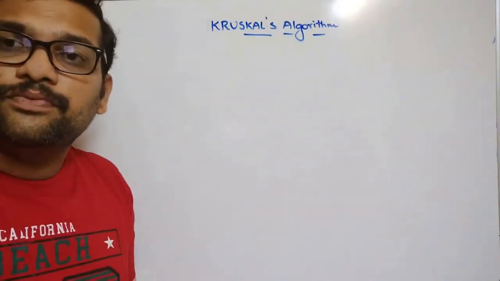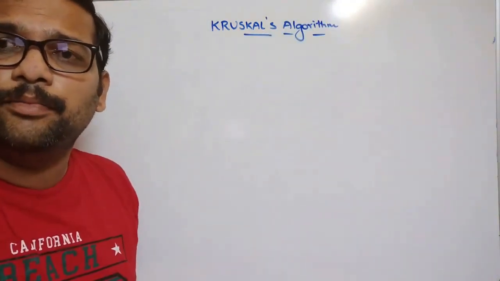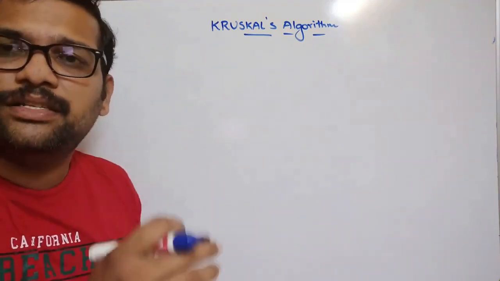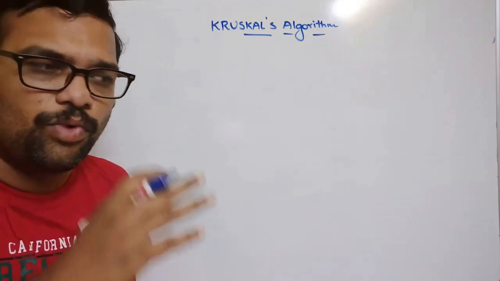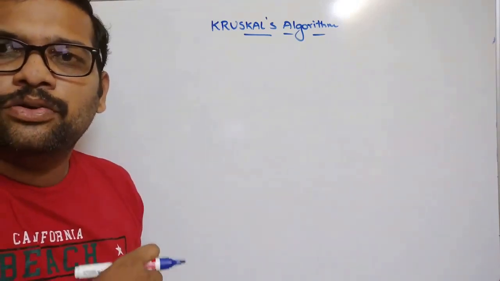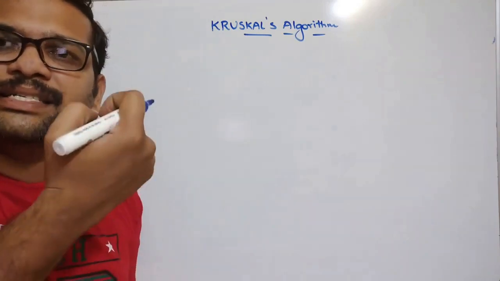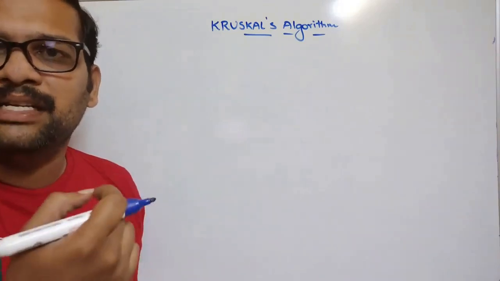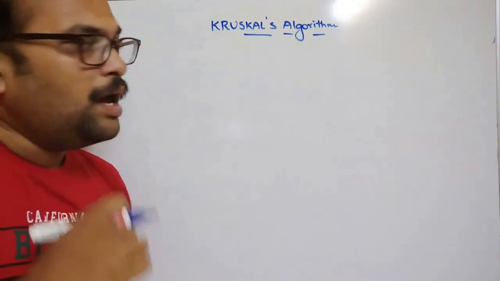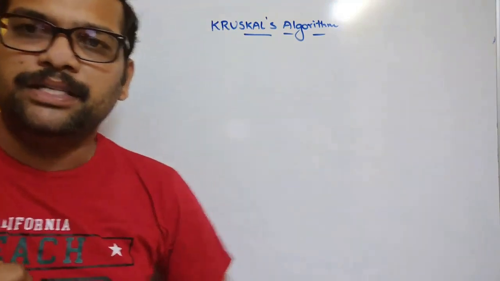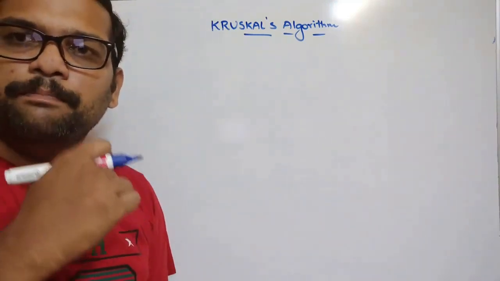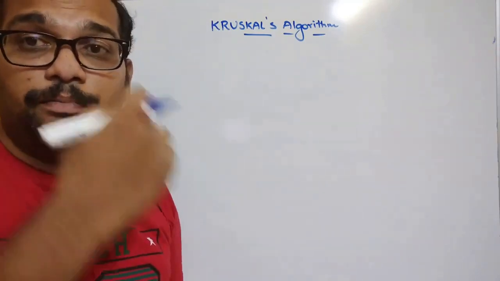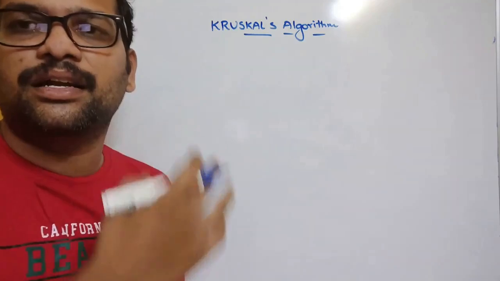So in the previous sessions we have seen one algorithm to find the minimum cost spanning tree, that is Prim's algorithm. Before going to that, let me revise the previous concepts, that is, what is a spanning tree. Consider a graph, and a spanning tree is a subgraph derived from that graph, with n vertices and n minus 1 edges, right? And minimum cost spanning tree means the spanning tree with a minimum cost. Every edge will have a cost, so having a minimum cost to construct the tree is called a